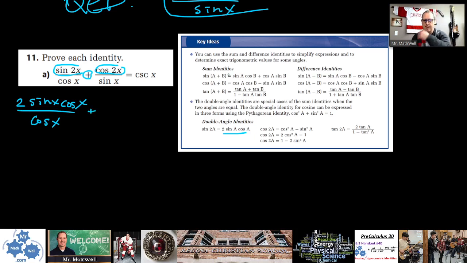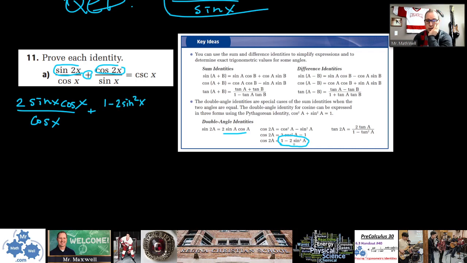Cos of 2x. Now, we have some choices for cos of 2x, don't we? I've got a sine x on the bottom. Should I do this one? Or maybe this one? Oh, this one's got a sine squared in it. I think we have options here. I'm going to try this bottom one, because I've got a sine squared here and I've got a sine down here, which might give me some option for some factoring. So let's try that. I'm going to write this as 1 minus 2 sine squared x